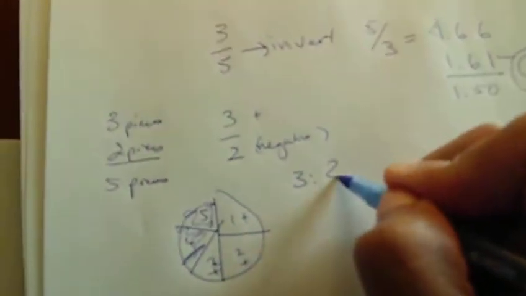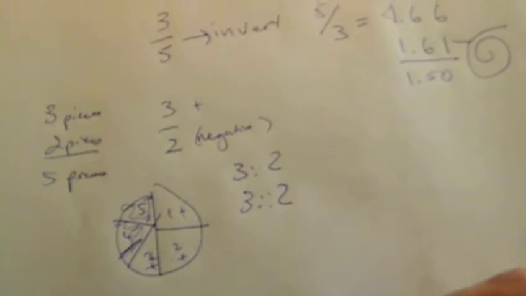And that's here, and that's here. It's 1, 2, 3, 4, and 5 pieces. So 1, 2, 3 of them are positive, and 2 of them are negative. In comparison, 3 over 2, or I forget what a ratio looks like. I think it's 3 to 2. I used to think it was double 1, but now I just think it's 1. Or 3 versus 2, or 3 compared to 2,